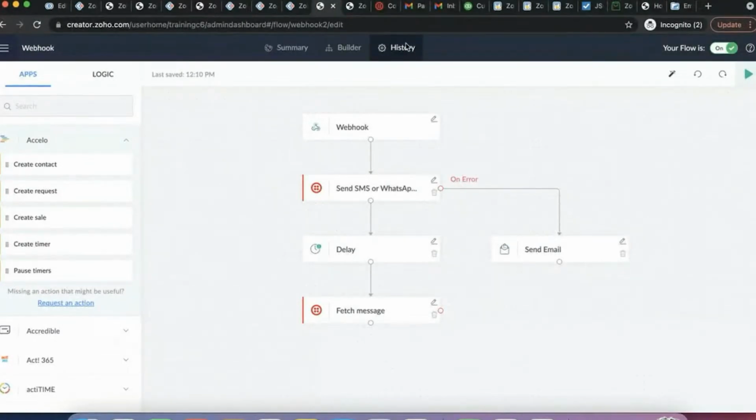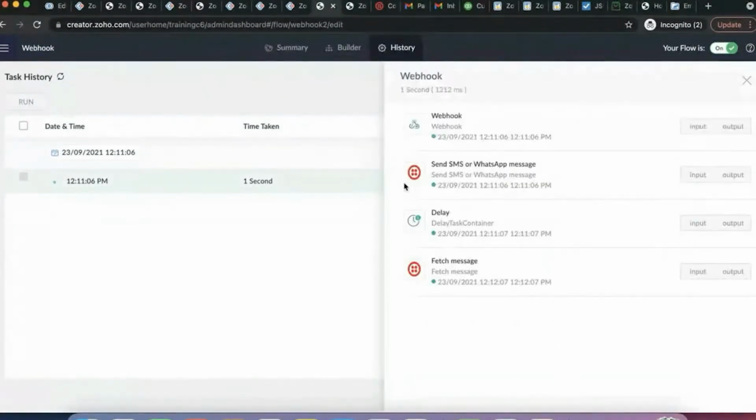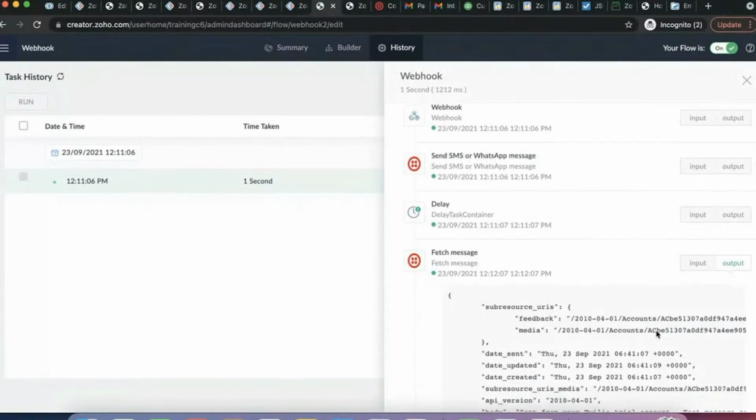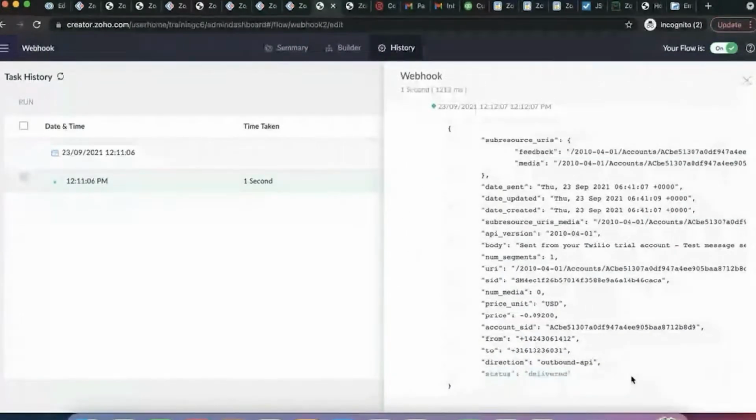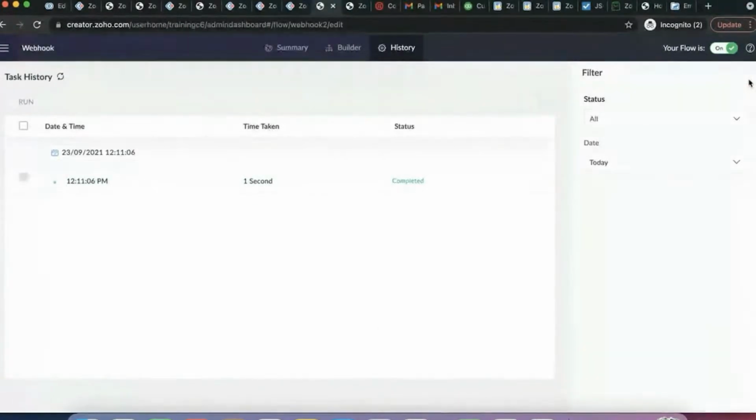So that way we are able to achieve it. So good, the process is complete. It has gone, fetched the message, and the status shows delivered. So this is one other example which I would like to show you for establishing an integration with a third